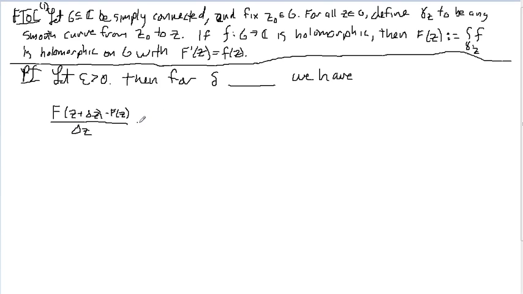We take a limit, but instead, I'm going to show you that the difference between this quotient and f of z, what I want the derivative to be, is less than epsilon. This quotient is roughly the derivative, an approximation, and f of z is what I want the limit to be. I'm going to show that this is less than epsilon for all delta z less than the real number delta. So I'm going to work to prove that this is actually less than epsilon. And the first thing I'm going to do is